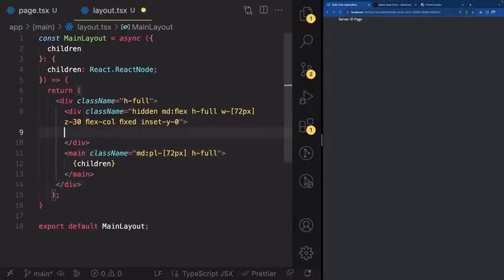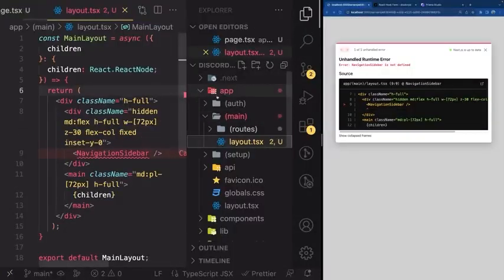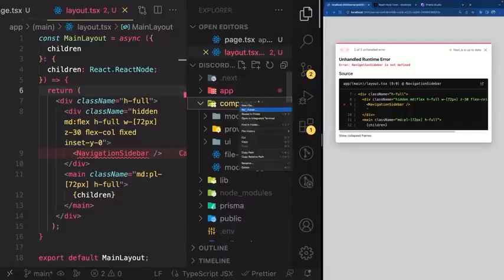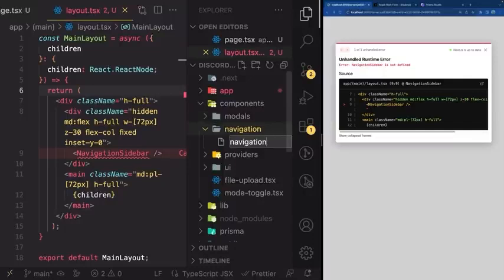What we have to build now is the navigation sidebar. So I'm gonna add navigation sidebar right here. And if I save, of course, I'm gonna get an error. So let's go ahead and add that. So inside of our components, create a new folder called navigation like this. And inside, create a new file,